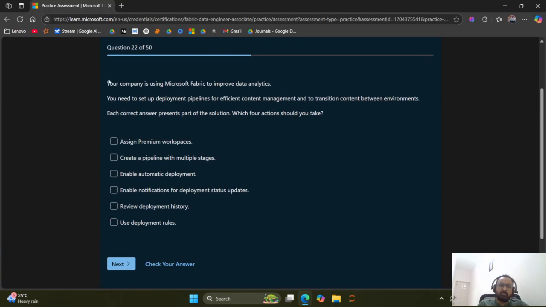Your company is using Microsoft, so I'm trying to skip this line, which creates a habit of saving time here. Which action should you take? Whatever is coming in front of your options, you need to choose from. You need to set up a deployment pipeline for efficient content management to transition content between environments. So between environments, you want to transition the content. Each correct answer presents